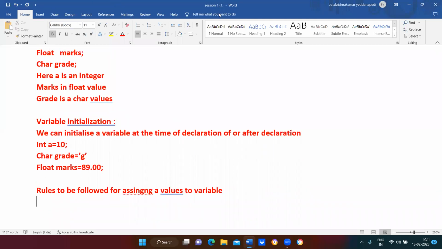What are the rules? Can anybody tell me what rules have to be followed for a variable? First, it is not initialized with a value. The first letter of a variable should be an alphabet or underscore. Now, when you come to the programming,